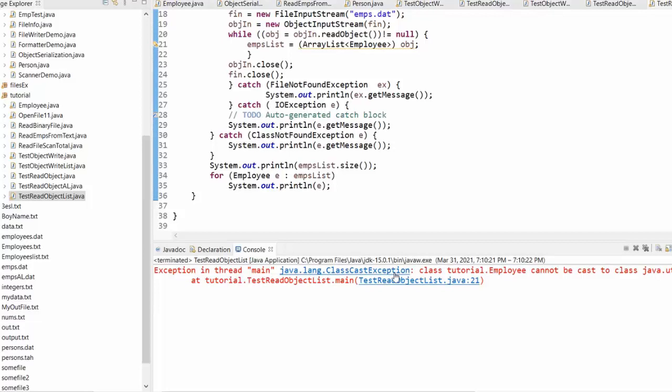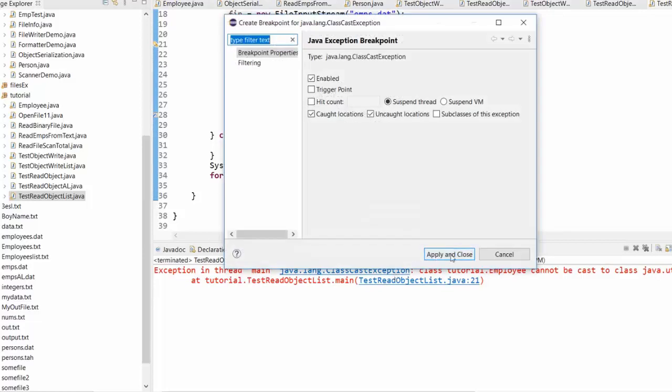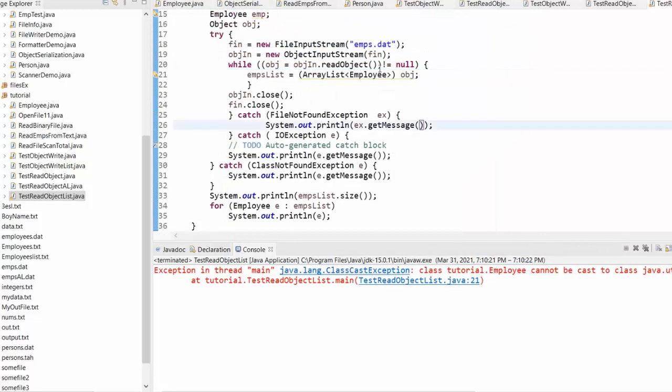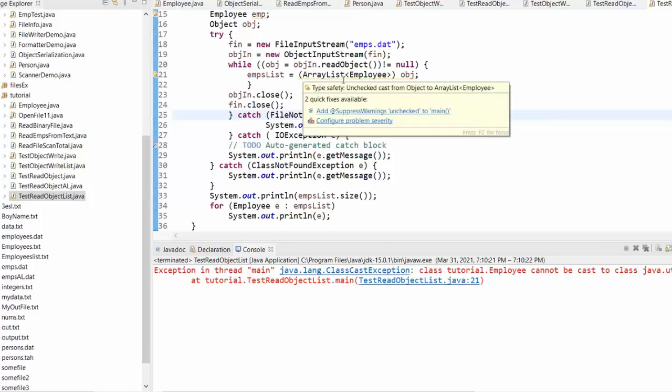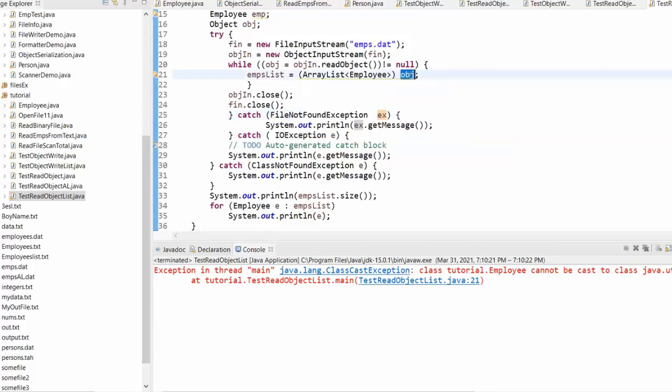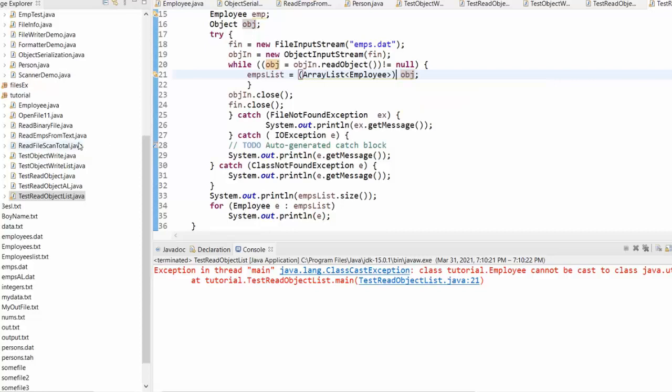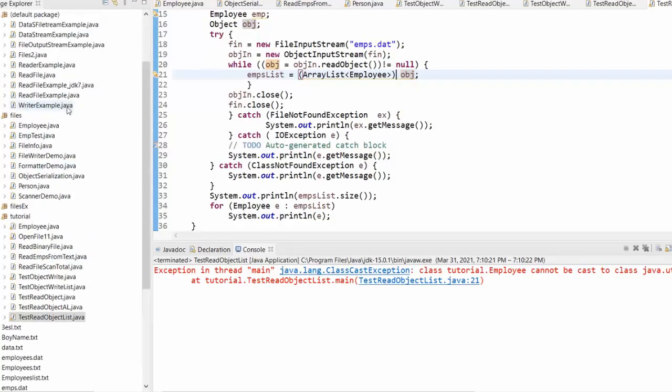Exception. We have a class cast exception, cannot be cast to Java array list. Let us see where. Okay. Let me see this. No, I can read it this way. Is this how we do casting? But maybe because the array list is made of objects, but the array list itself is not an object. That's why when you make a while loop, object is equal to object. Just a second. Let me see how I can show you the example itself. I'm preparing